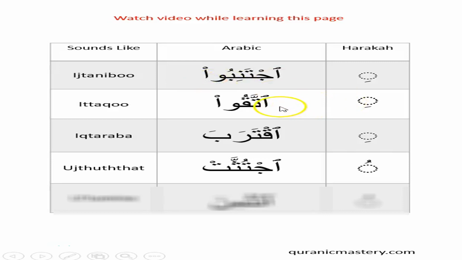Now with this letter, let's see what happens. So 1, 2, 3. The haraka is a kasra, but the third letter has a dhamma. What happened here? If the third letter is a dhamma, why is this taking a kasra? If you recall, the shadda actually means that there are two ta here. The first ta takes a sakin and the second ta takes the haraka. The second ta which takes the haraka here is the fatha.